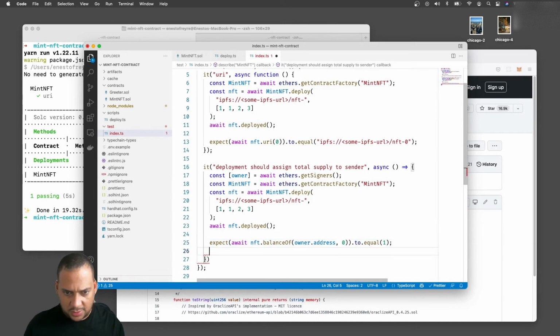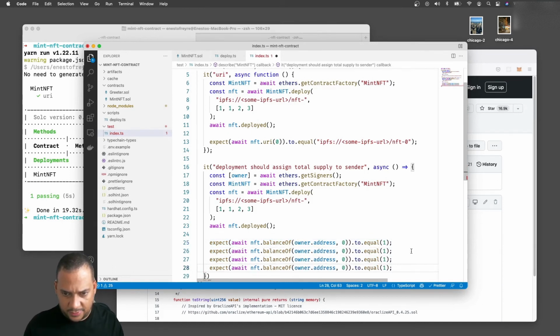And we can run this a couple more times. I think we can use the batch balance of, probably. Or maybe we have balance of batch. I don't remember the exact name. I think we can do this in a batch. Let's try to do it like this for a second.